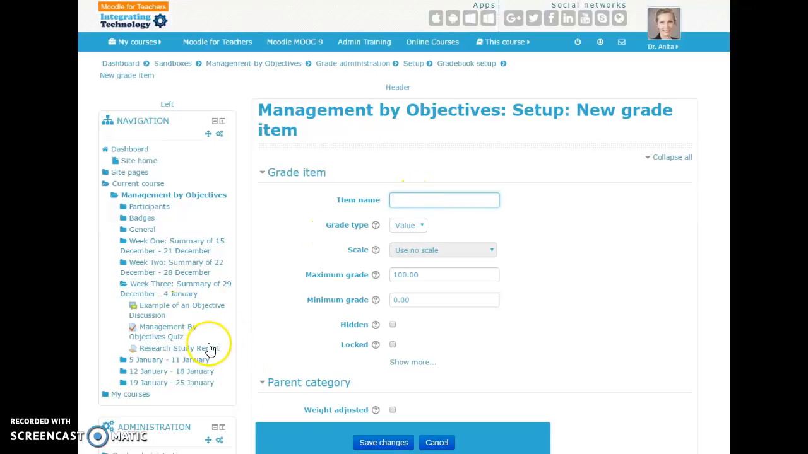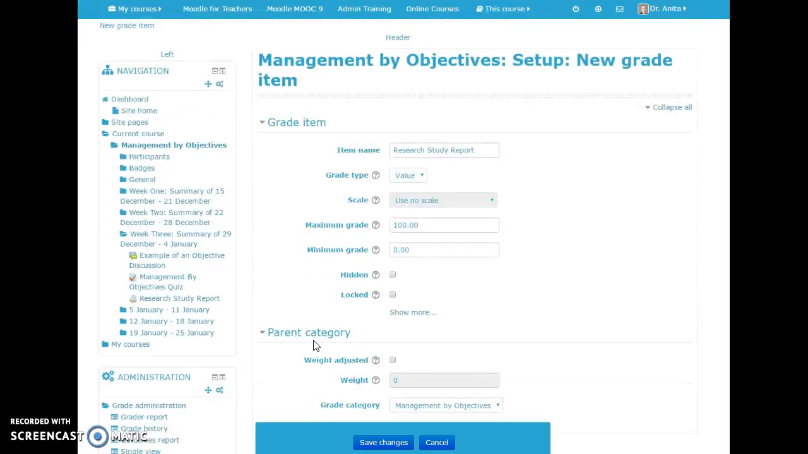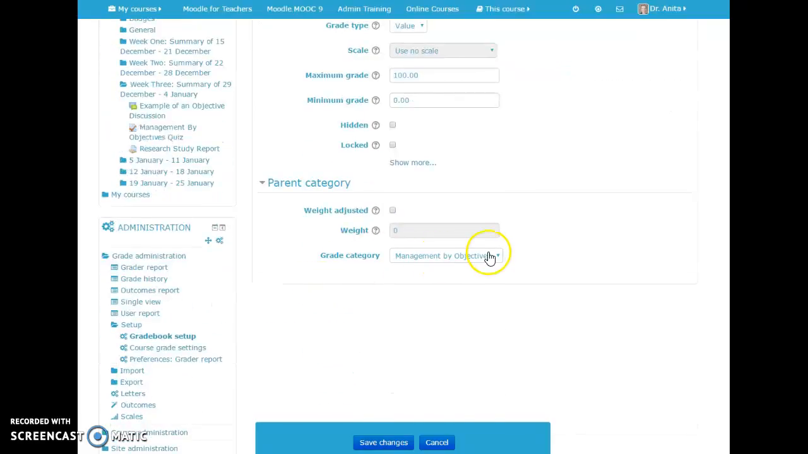So I'm just going to copy and paste the title in there. And then the maximum grade for this item, which is a single item, can be 100. If I'm having more than one item within that category, I can change that to less than 100. I'm going to leave it at 100 and 0 as a minimum. And then the category here is what I need to change, because I want this under my new category,